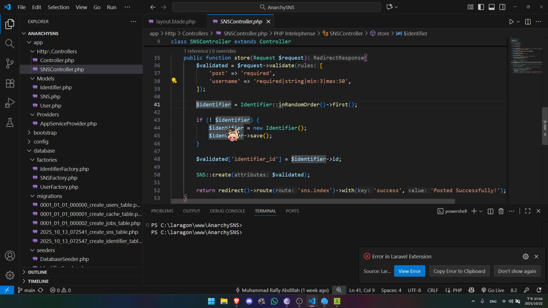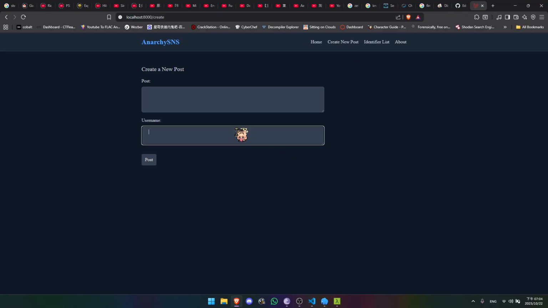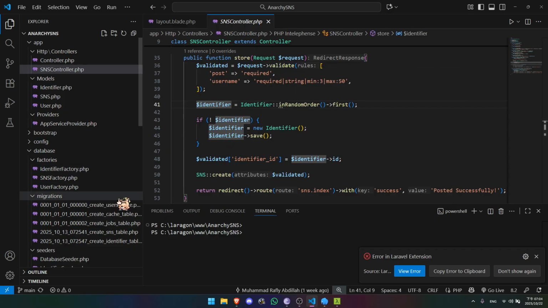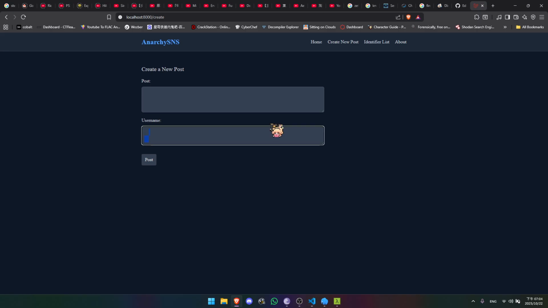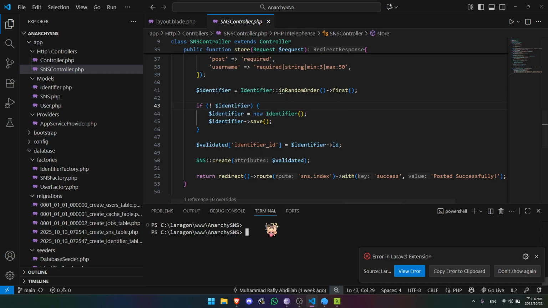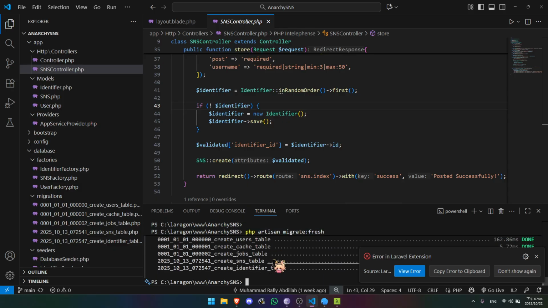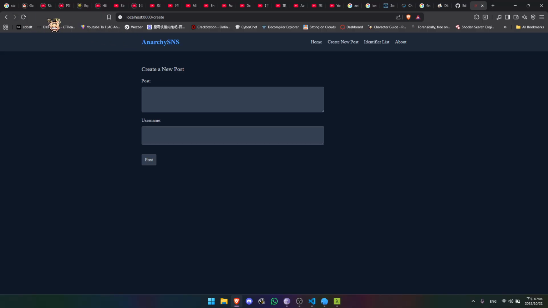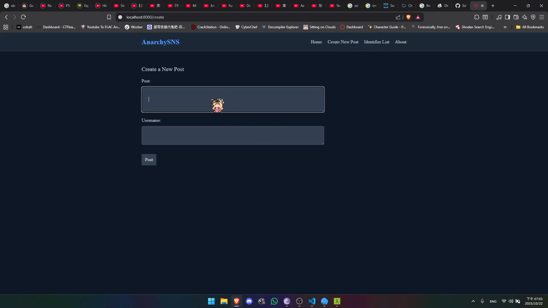So identifier. When someone creates a new post here, instead of from factory, the identifier is assigned from this controller. So basically, it's the same. Identifier is just an identifier in random order. It fetches from the database. If there is no identifier, for example, if I go migrate fresh without seeding, there's nothing here, and there's nothing here in the identifier list. So if we create a post here,